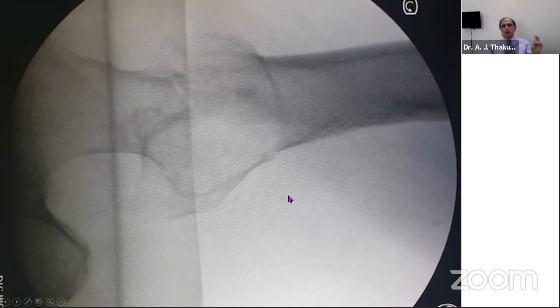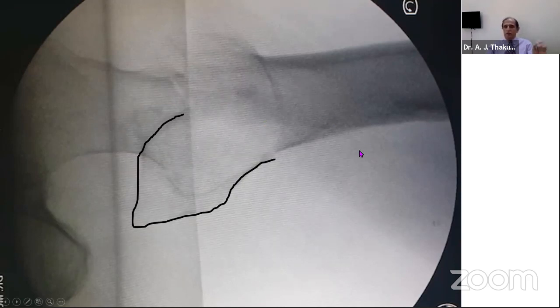This becomes important when you want to get your pin right in the center, because what you are seeing in this is not actually what is happening. You are getting an oblique picture and you're thinking that it is straight. And that's why the mistakes occur. Just to convince you that this is not the true lateral, you can see the greater trochanter side is somewhere here. So shaft and greater trochanter are on one side, the neck is anteverted. So this is lateral view of the shaft of the femur, oblique lateral of the neck of the femur, popularly called as Lowenstein view.